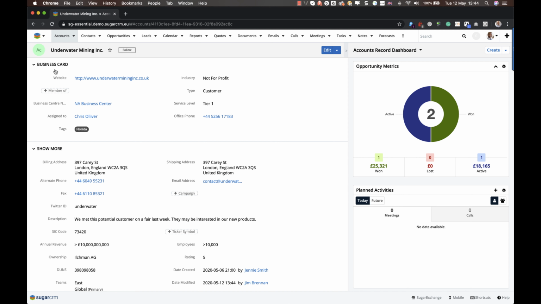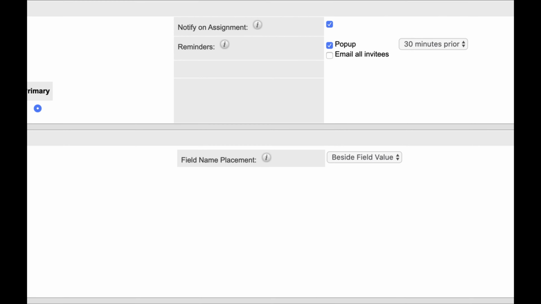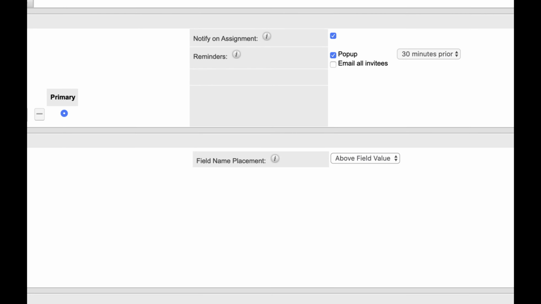But if you're not quite content with this new layout of having the label side by side against the field, then you can turn this off. Unfortunately, it's at user level, so it's tucked inside of the user profile. So if I go into my profile here, click on the edit button, then go to the Advanced tab, then I can change the field name placement to above the field value. Now when I save,